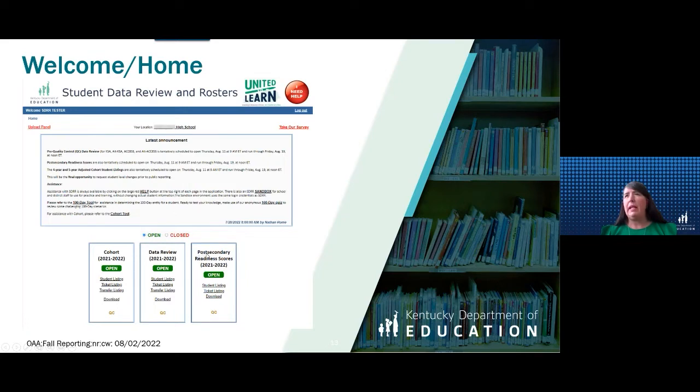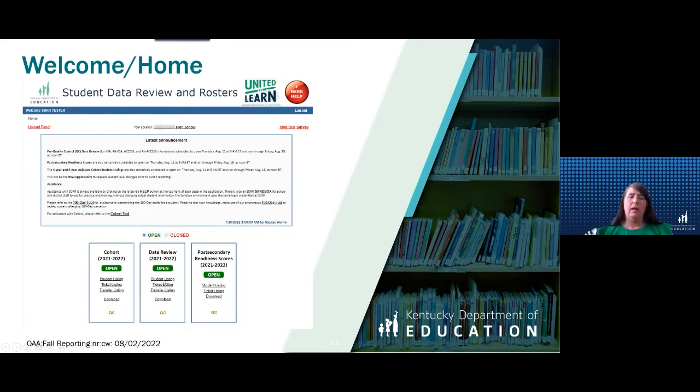Now, you won't be able to make any changes to any of your rosters that were closed back in the spring, or access or alternate access back in the January through March window, but you'll be able to download those changes you made during that time. And then, like I said, that's an important thing when it comes to data review, to make sure that those changes that you made back in the spring are reflected during that data review.